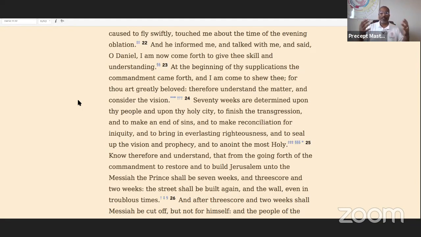This is how Paul knew this, because Paul pulled it from a few different places. So in 9:24, it tells you 70 weeks are determined upon thy people and upon the holy city, to finish the transgression and make an end of sin, to make reconciliation for iniquity. This is why Paul comes and he speaks to you, because he wants to make a reconciliation for sin. He wants you to come back to the covenant and stop doing sin. This is what Paul is saying. So we can get reconciliation with the Most High.